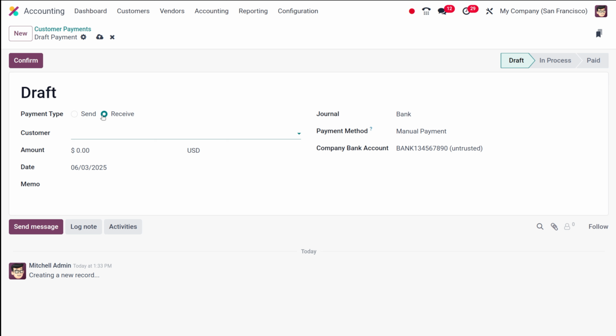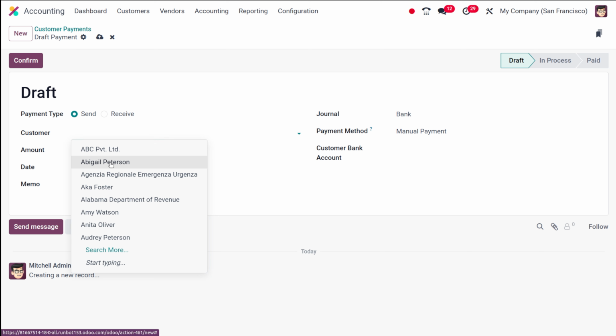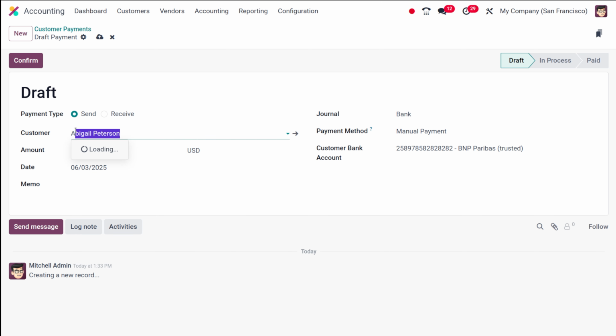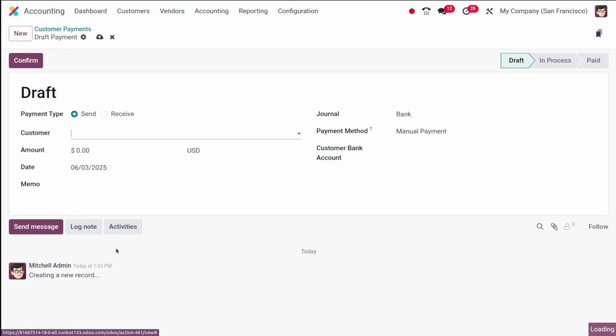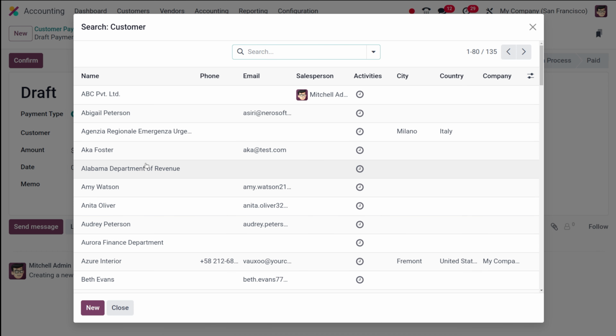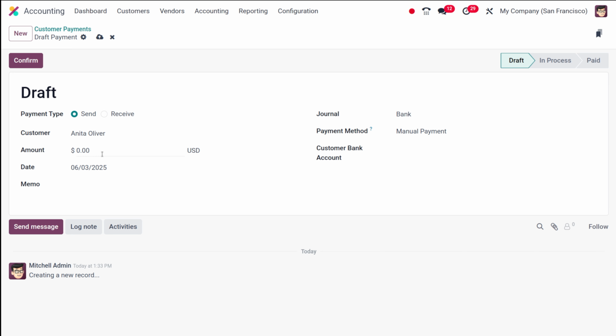Let it be in a receive state, or you can change it to send state, whatever you want to choose. For the customer, I'm choosing Abigail, or you can use a different person from the search more option. You can use Anita Oliver, and the amount I'm using is 500, whatever it is.